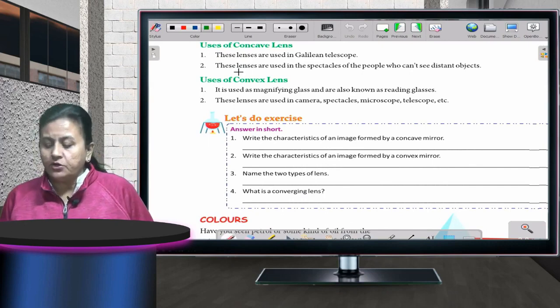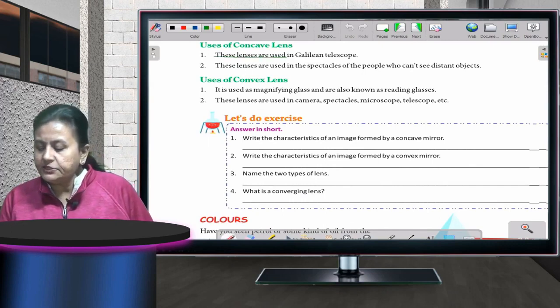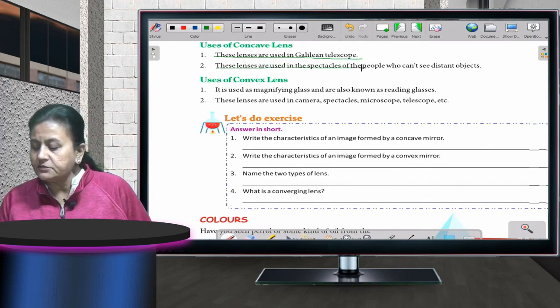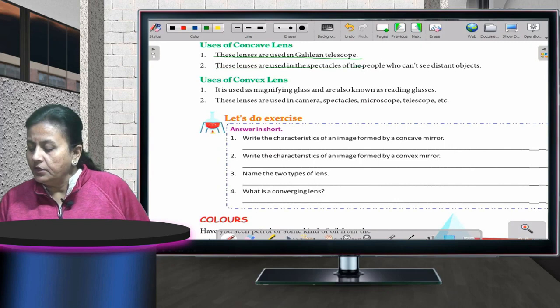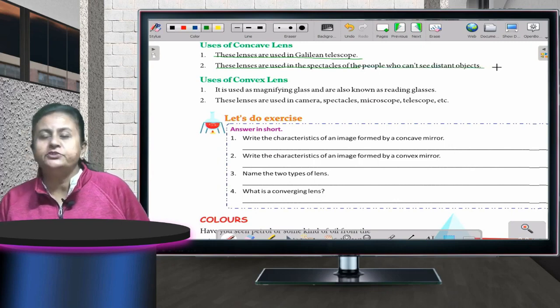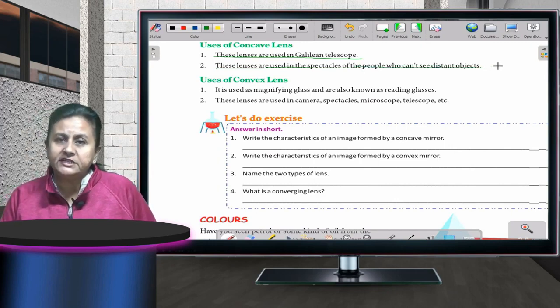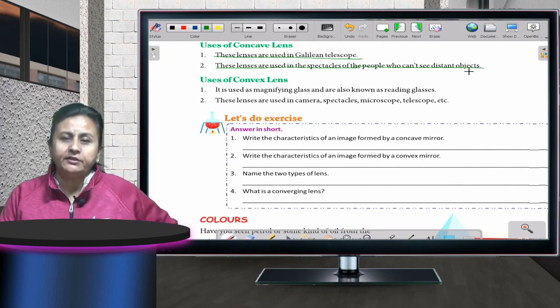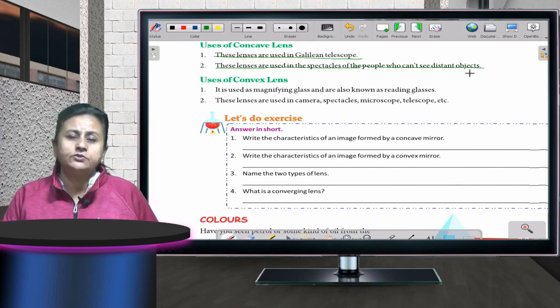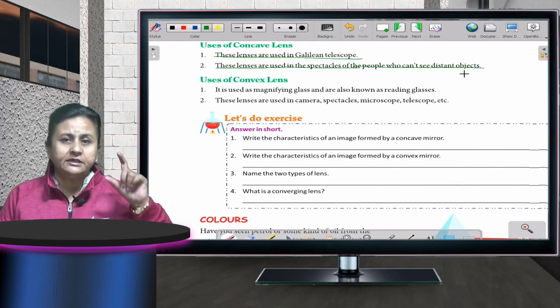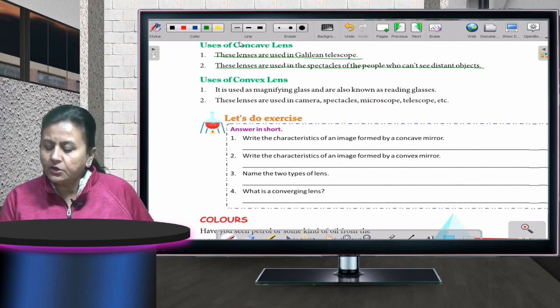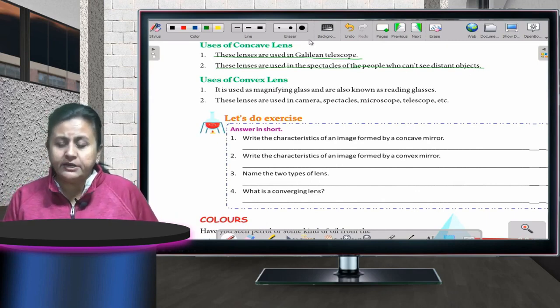concave lenses are used in the Galilean telescope. These lenses are used in the spectacles of people who can't see distant objects. In case we have a problem of eyesight and cannot see far away things, which type of lens do we use in our spectacles? We are using a concave lens. Fine, children. If I talk about convex lens now,